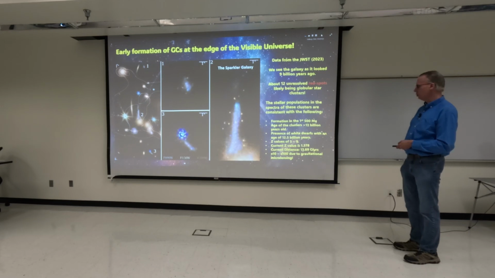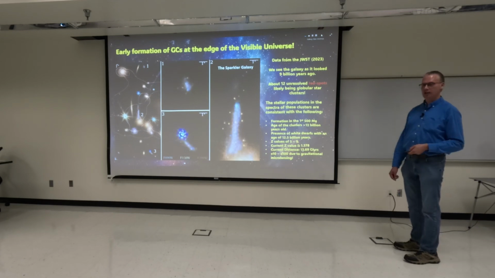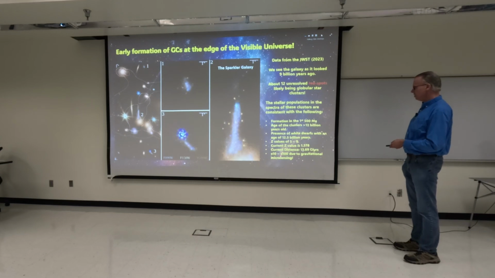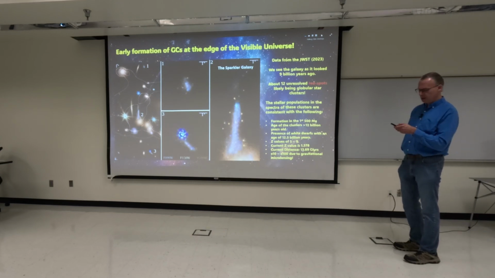But if we look at the co-moving distance, it's probably over 40 billion light years away. The presence of white dwarfs gives it an age of 12.5 billion years, but this is why we're looking at it in infrared, why we can't see it in visible light, because look at the redshift, about 5 to 9. But one thing about the gravitational microlensing is that it enhances and magnifies it by a factor of 10 to 100 times. Otherwise, this may be beyond the capabilities of the James Webb.